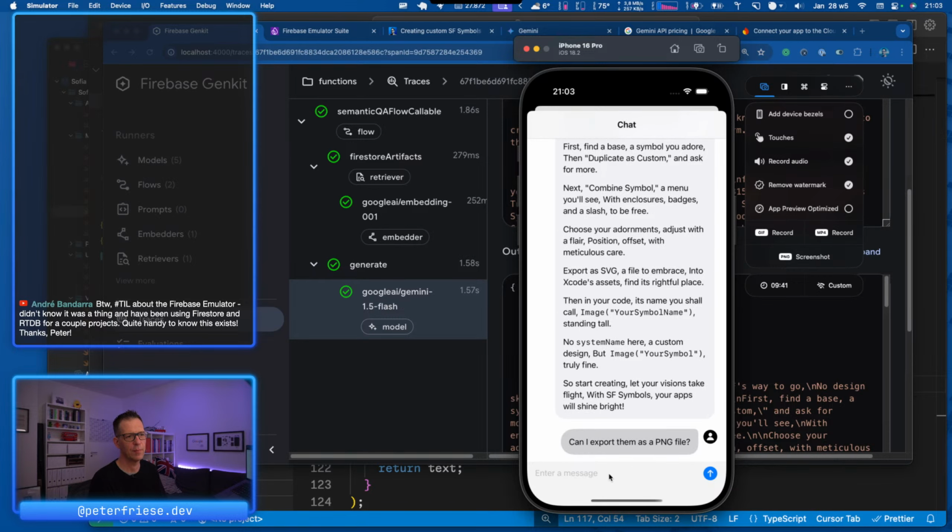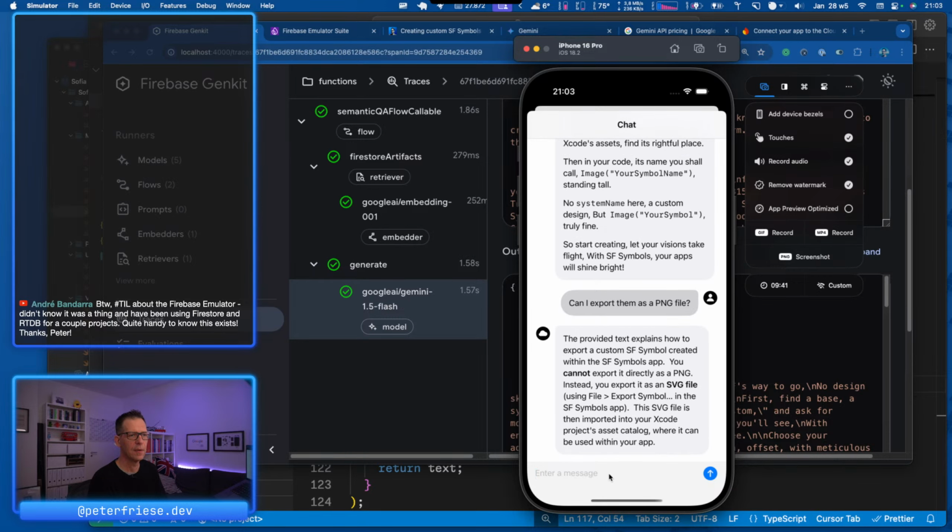So now it will probably say, I have no idea. The provided text explains how to export a custom SS symbol. Okay, so what I was trying to get at,